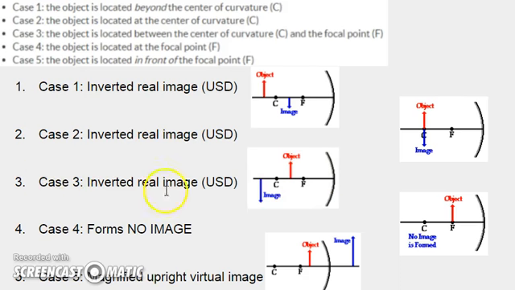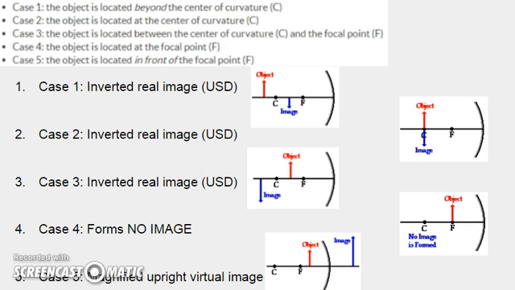So case 3, an inverted real image, if you're outside the focus but yet inside the curvature, right, between the center of curvature and the focal point. So it's going to be upside down but a real image. Case 4, if you're at the focal point, no image forms. All of the light is passing through here at once. And lastly, case 5, if you are inside the focal point, you are going to be magnified as an upright